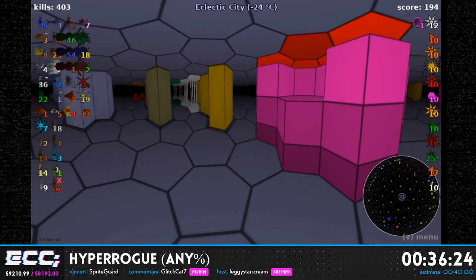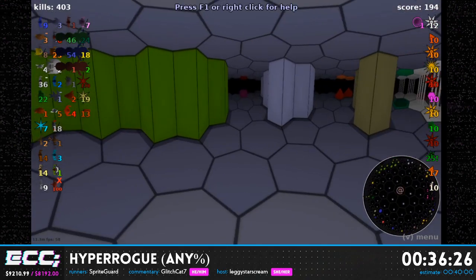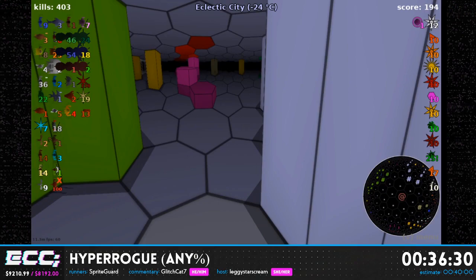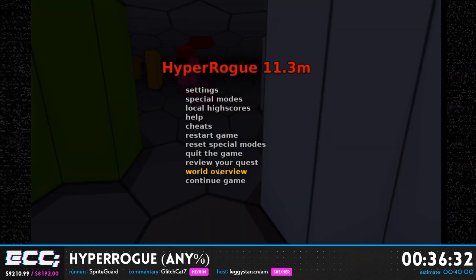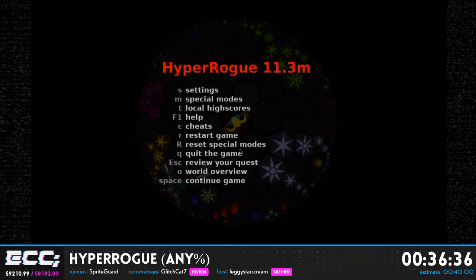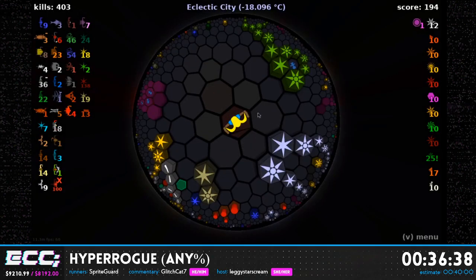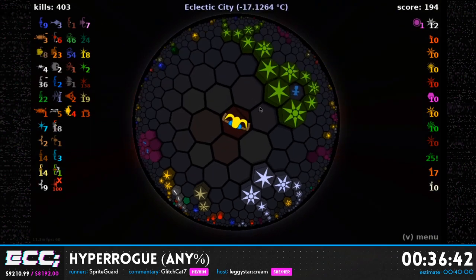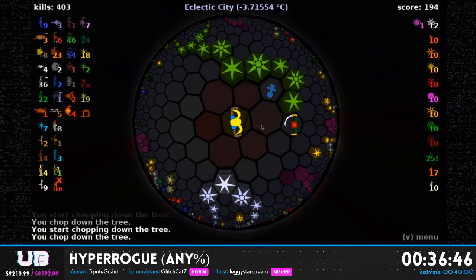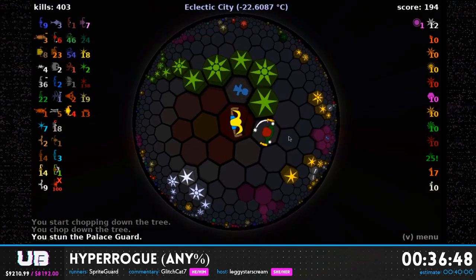So the Eclectic City combines mechanics from every other land. So I'm actually going to back out of 3D mode because I want to be able to show. So what do we have here? We have trees that we can cut down. We have guards that have multiple hit points, which is what the